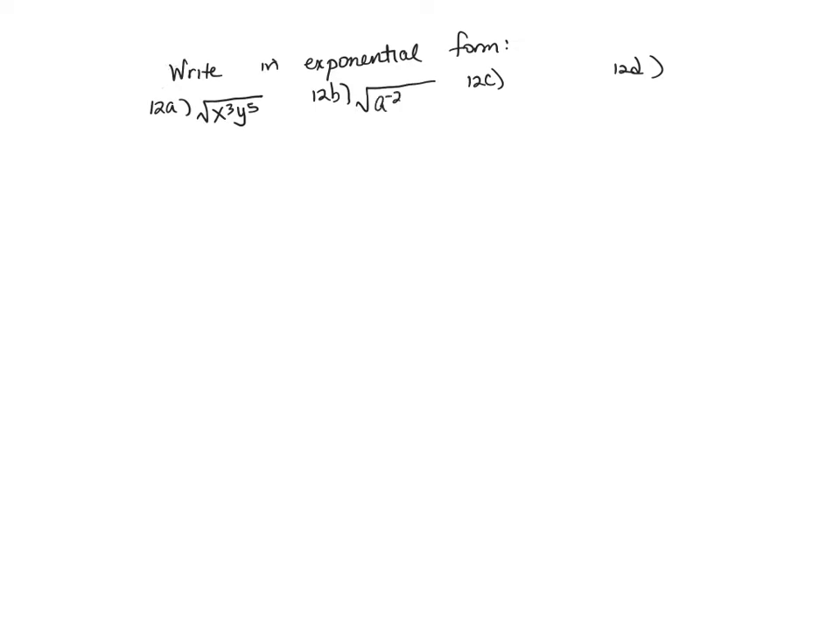Write in exponential form the following: 12a, 12b, 12c, and 12d. Okay, the first one is the square root of x cubed y to the 5th. The next one is the square root of a to the negative 2b cubed. The next one is 1 over the fourth root of p to the 4th q to the negative 8. And the last one is,